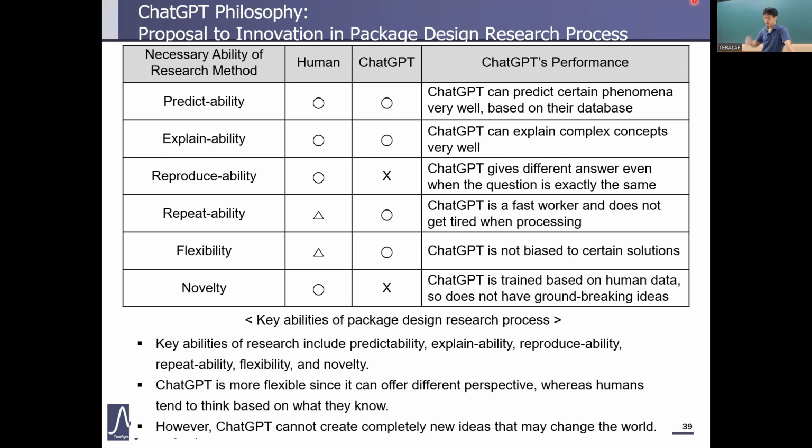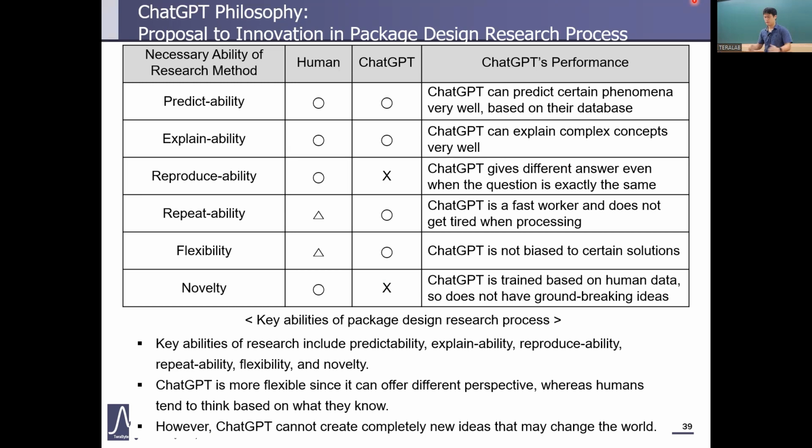I'll just go over them one by one. Predictability: ChatGPT can predict certain phenomena very well, based on its database, which is similar to humans. Explainability: ChatGPT can explain complex concepts, and I actually think ChatGPT does better than us because